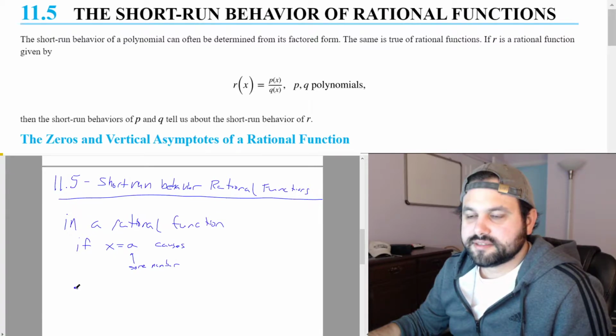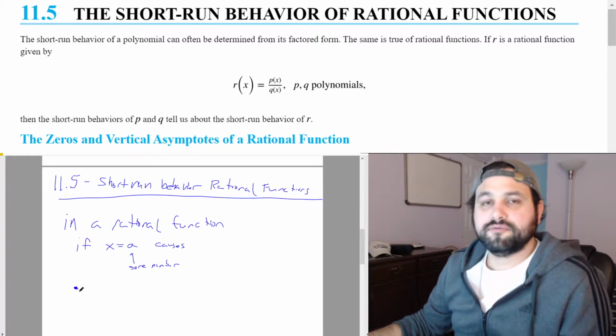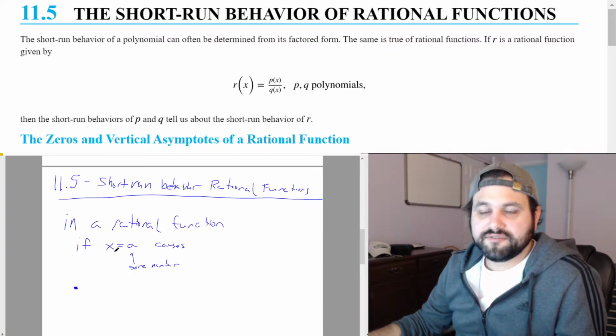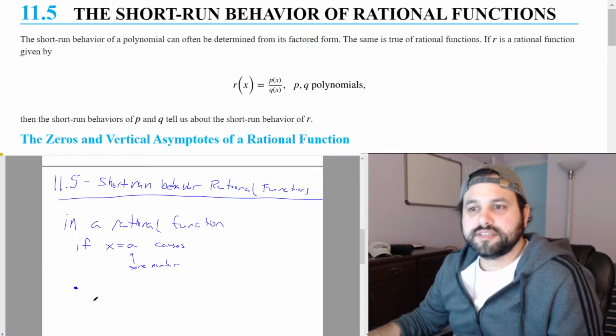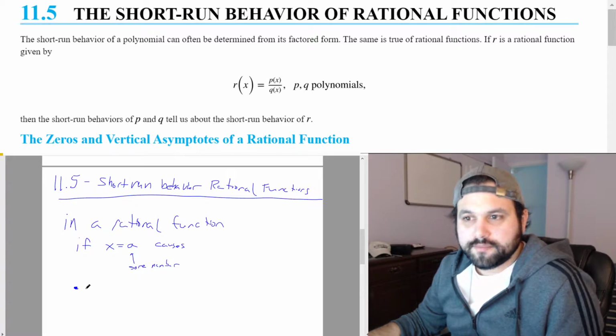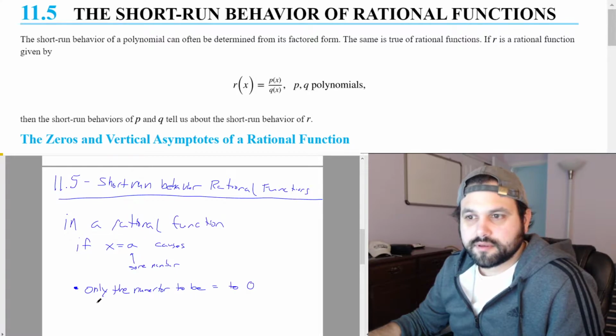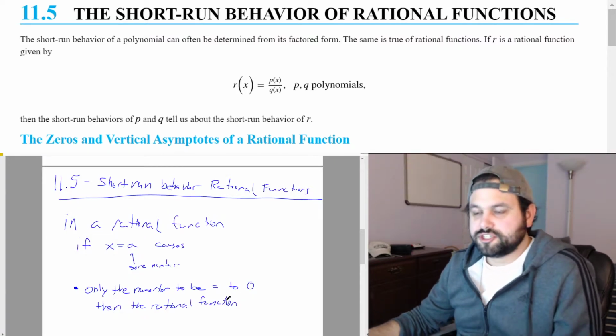and then we're going to look at this in three different cases for a rational function. Remember, a rational function is a fraction of two polynomials. So if, when x equals a, it causes the numerator, and only the numerator, to be equal to 0, then the rational function, the whole function,